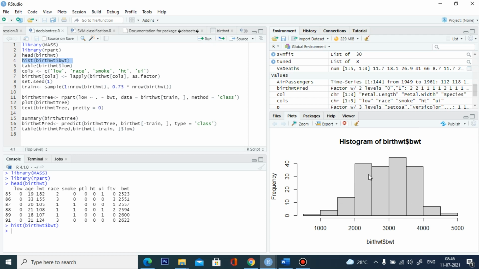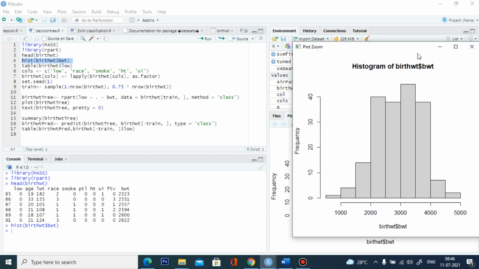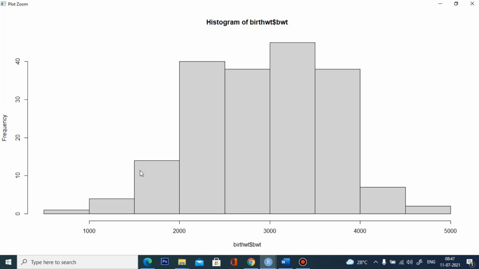This histogram clearly shows that the x-axis is the birth weight and the y-axis is the frequency. It clearly shows that most of the children's birth weights are between 2000 grams and 4000 grams.